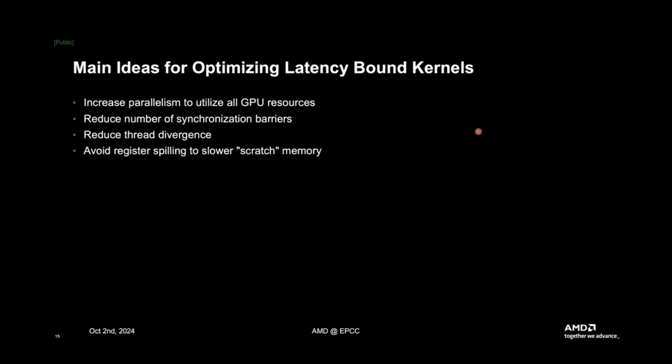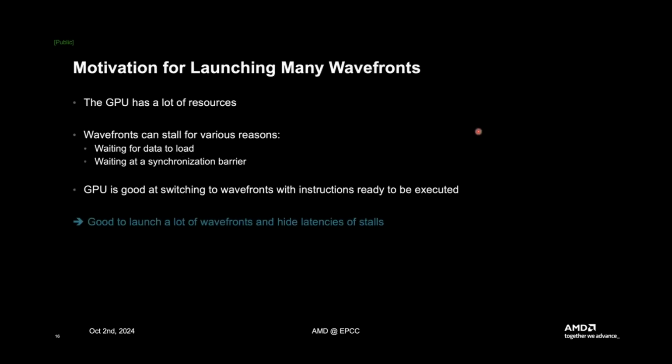Spilling means we are writing to slower scratch memory, something like it is a part of HBM. And that takes several hundred cycles to spill and then to reload when we need them. So avoiding that can help us improve performance. So, the case for